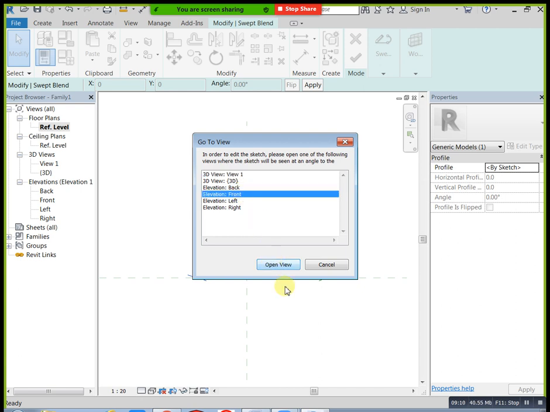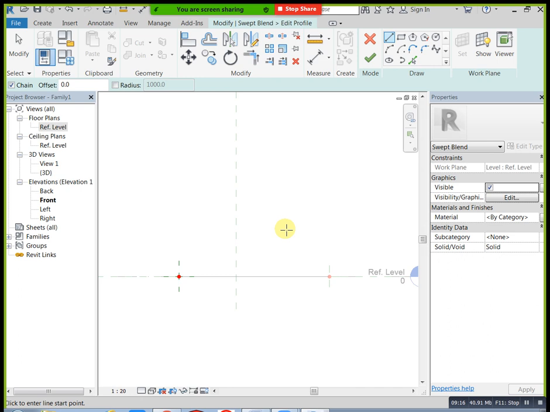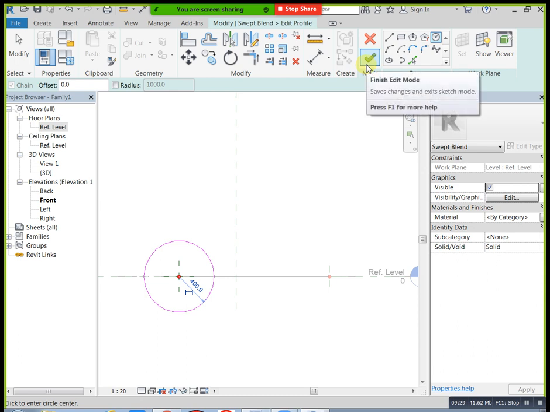Select the required view from the go to view dialog box. Draw the closed profile or section, and click on finish mode.